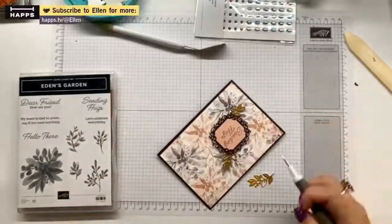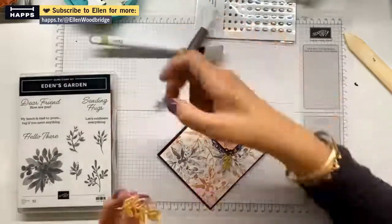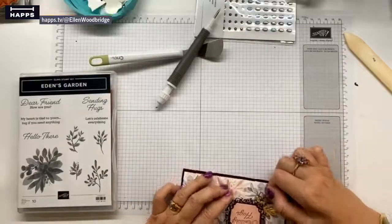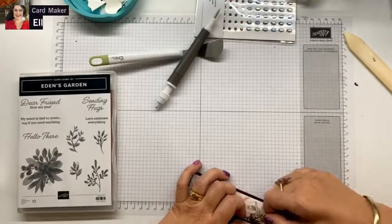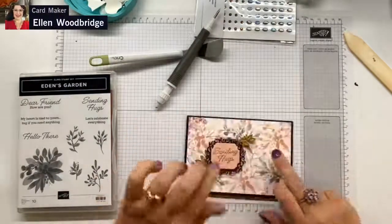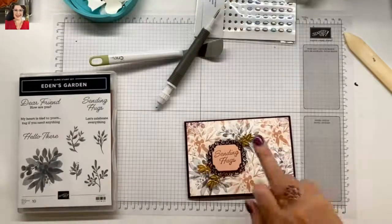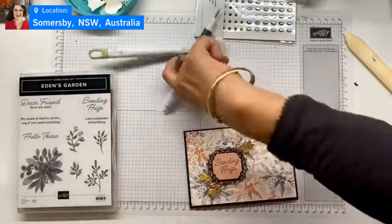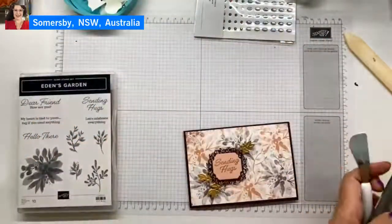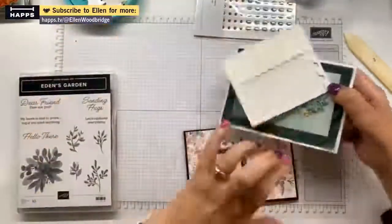Right. And the second one of the pair. Let's see if this one wants to play ball. There we go. That one played a little bit nicer. Yeah, I do see what you mean about ribbon, Bev, but today that ain't happening. Just ain't happening. So the two cards we have made,